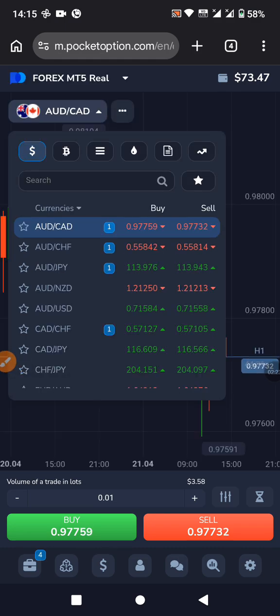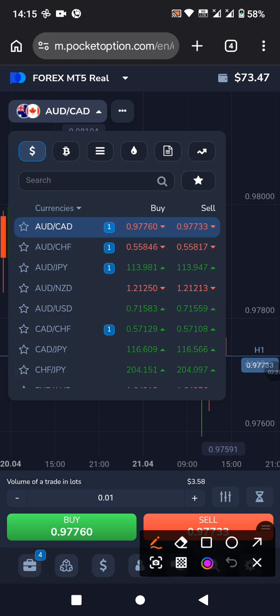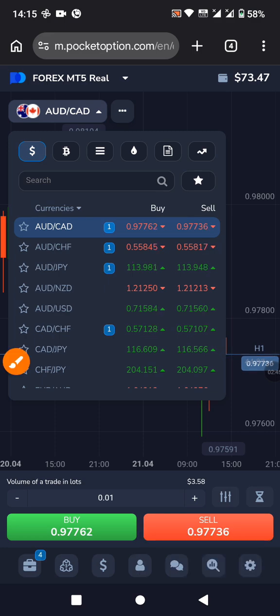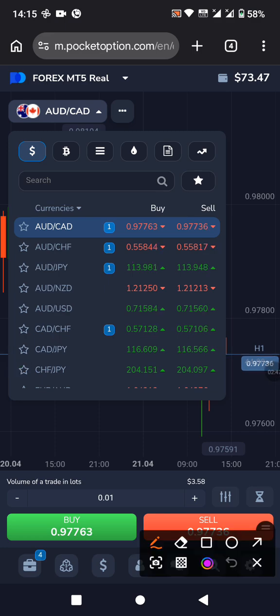There is a Australian dollar against Swiss francs. Kuna Canadian against CHF. CHF is Swiss francs. Then you have Australian dollar against Japanese yen, this one here. So now if you have already done business with this Australian dollar, kama tumesha, kwa mfano nimekuambia we are buying,